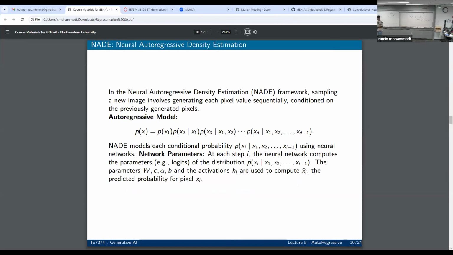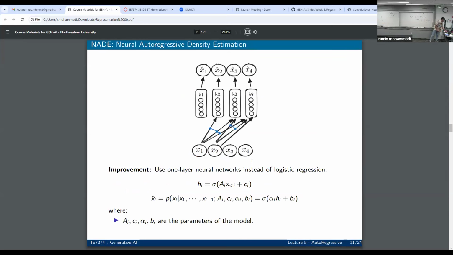Okay, the idea of NADE was that we picked the fully visible sigmoid belief networks, and we add a layer of neural network in between. Basically, the idea of NADE here is that if you think about it, we have this image here. That's basically the difference. So you still have at first the connections, but what you do here is that